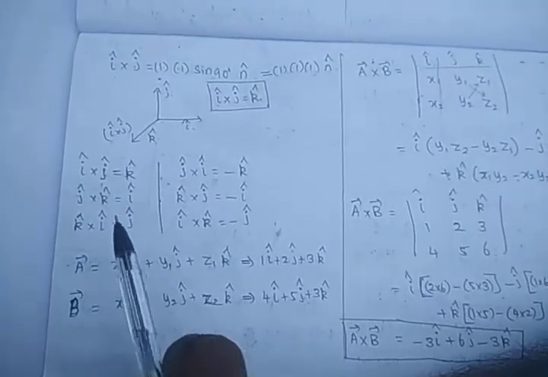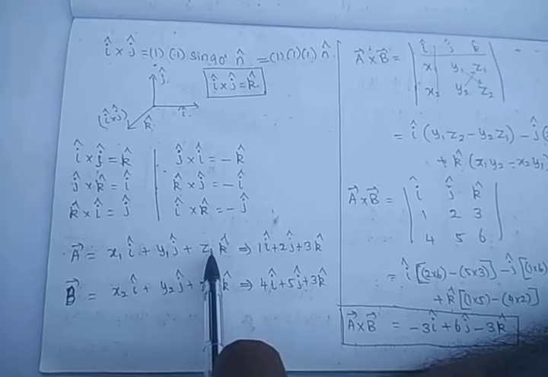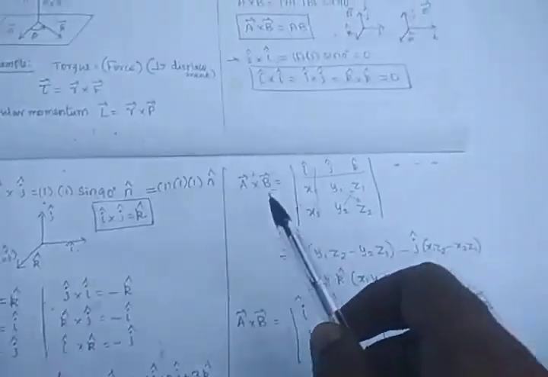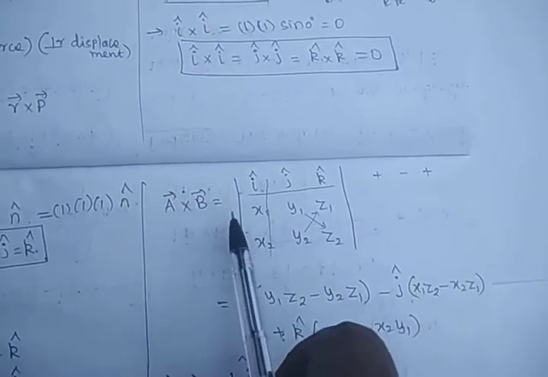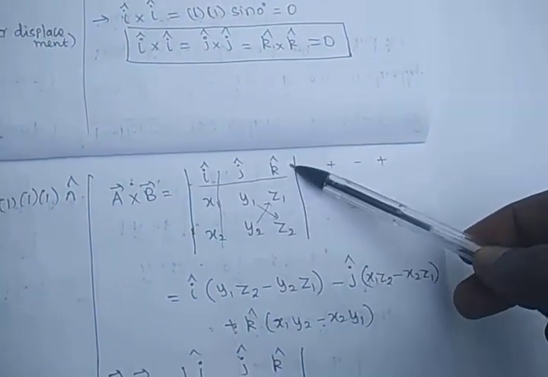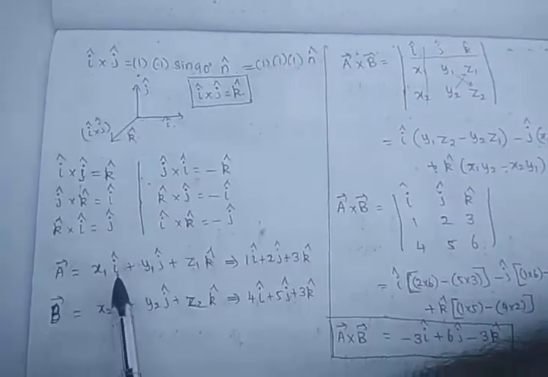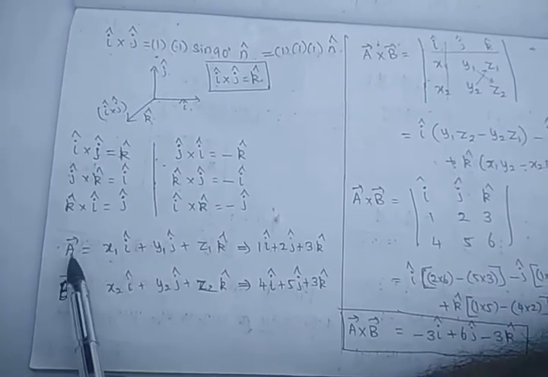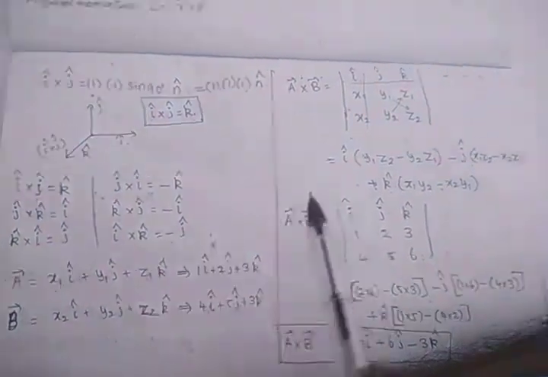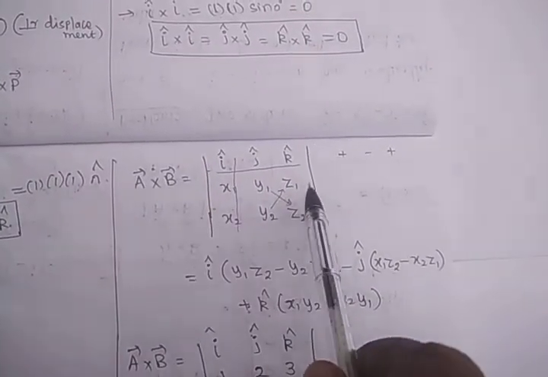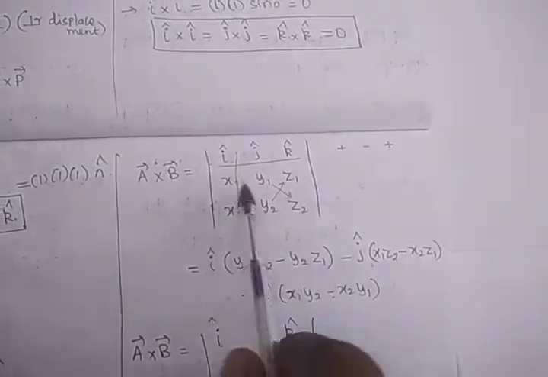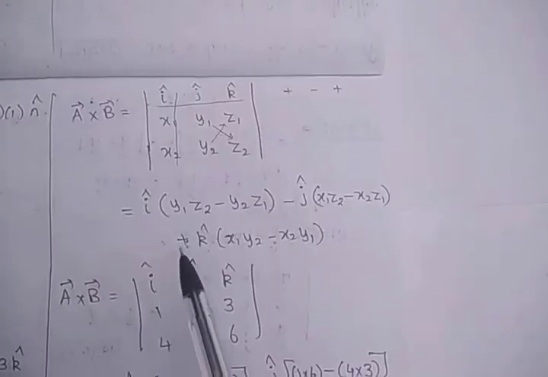So what is that? If you take that a vector is equal to x1, y1 and z1, b vector is equal to x2, y2 and z2, and i cap, j cap and k cap. How can we do a vector cross b vector? So we will say that this is the matrix. In the first row we have to put i cap, j cap and k cap. In the second row, we have to substitute the first vector coefficients, the a vector coefficients x1, y1 and z1. Then the b vector coefficients x2, y2 and z2. So, a cross b means we have to first fill up this matrix with the a vector coefficients and b vector coefficients: first row, second row and third row. Then we have to take the determinant.